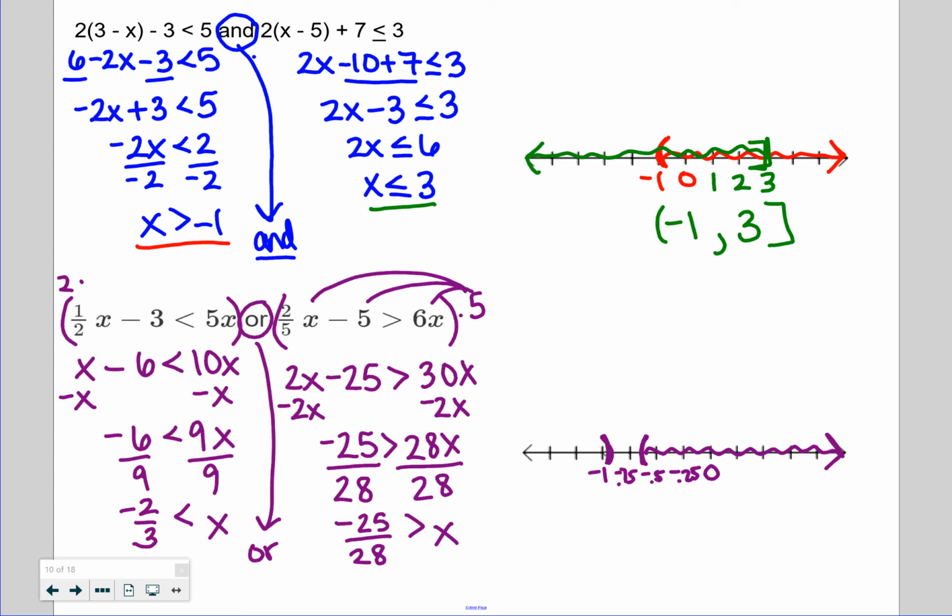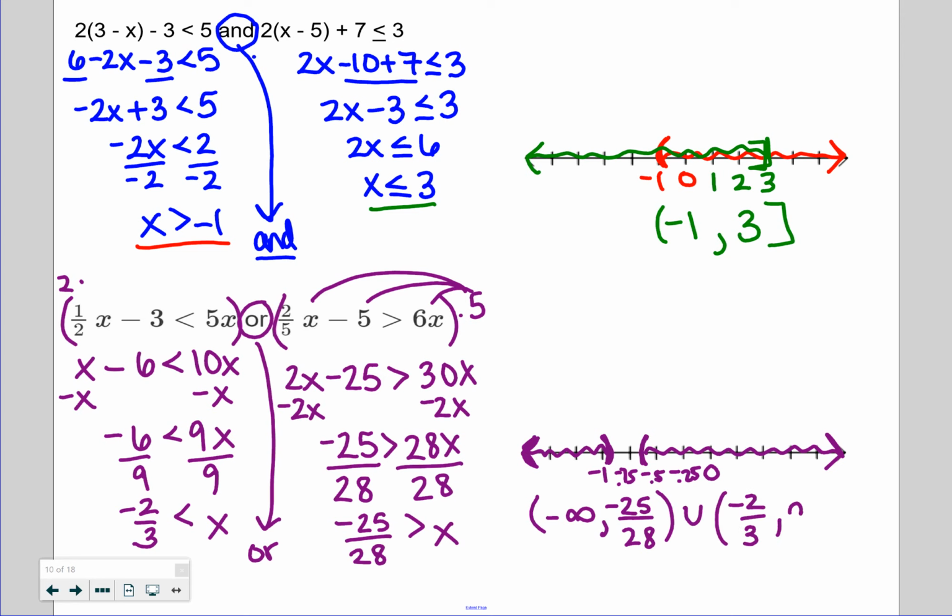Again, it's just strictly less than. So I'm going to shade below. And again, if we have an or statement here, anything on the number line that's shaded is a solution. So my solution here is -infinity to -25/28, that was the number that was graphed. Then a union symbol,